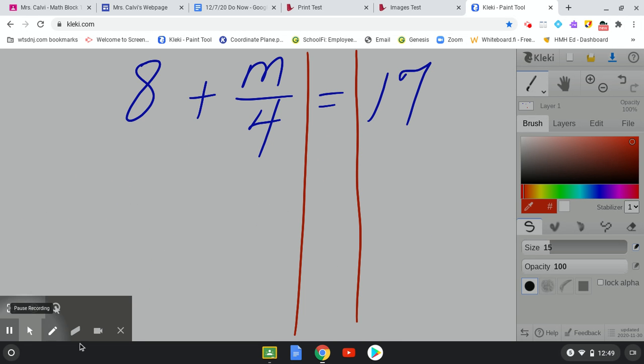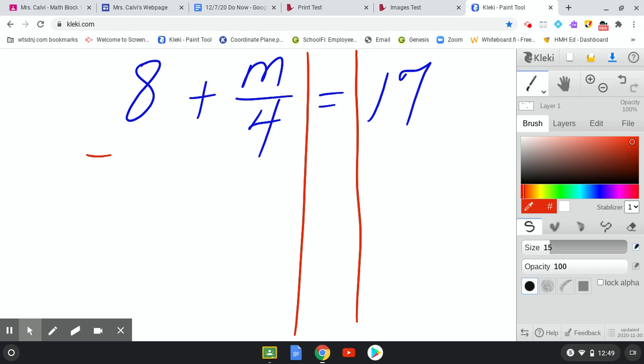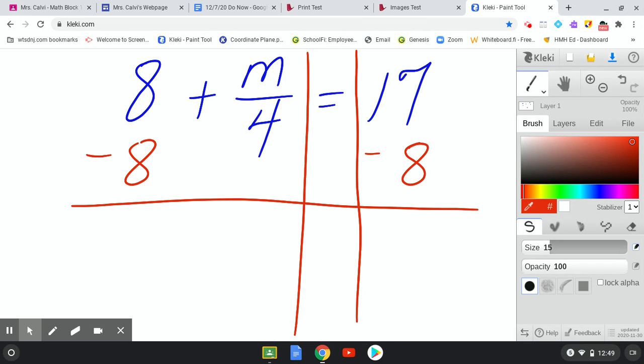Okay? Okay, here we have 8 plus m divided by 4 is equal to 17. I want to get rid of what is by itself first. That's this positive 8. So I'm going to subtract 8 on both sides to get rid of that. My positive and negative 8 cancel. I am going to be left with m divided by 4 is equal to,